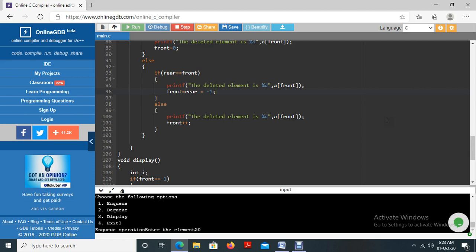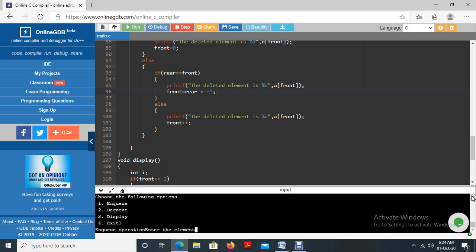We have 5 empty spaces, and we filled all the empty spaces. Again I am trying to insert a new element. Okay, queue overflow. Now I am going to delete the element. So option 2, 10 is going to get deleted. Display shows it's also working correctly.